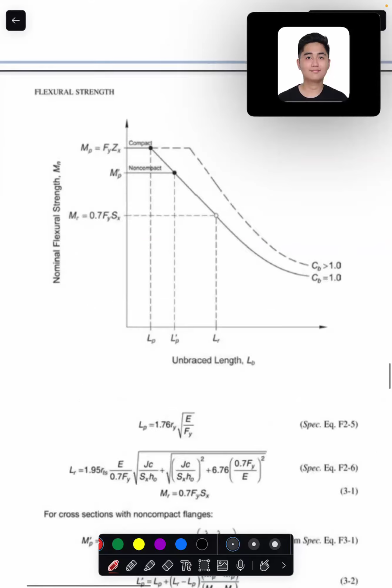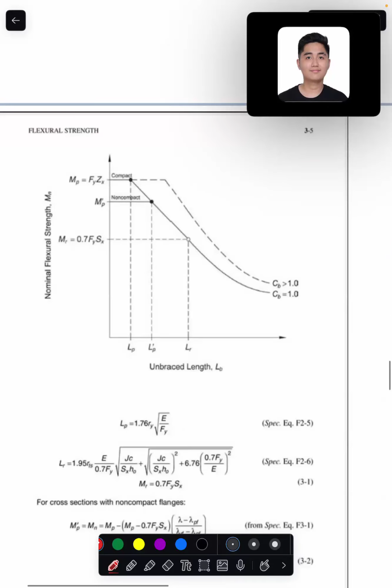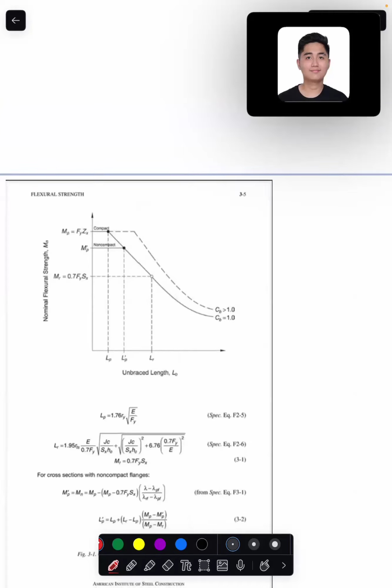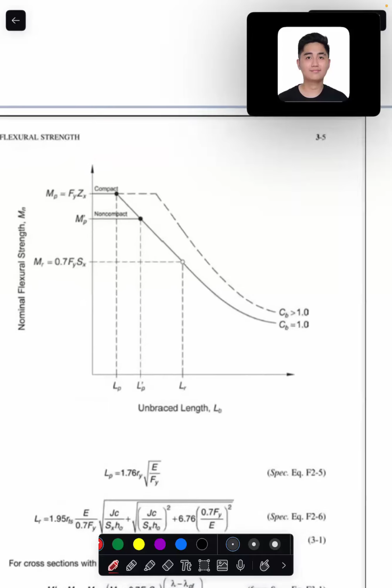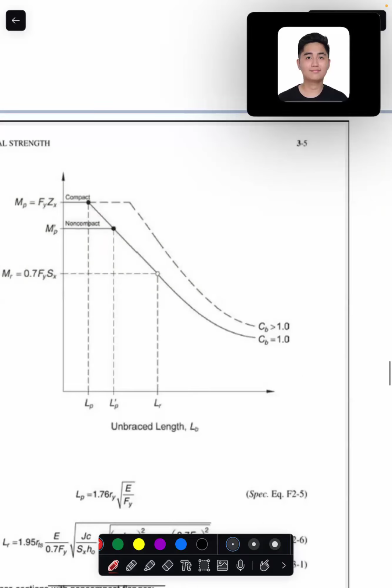So to recall, ito yung difference between compact, non-compact, and slender na cross-section. Kasi ito yung ginagawa ni C sub B. So si C sub B, take note, is always greater than 1. Never siya magiging less than 1. If nakakuha ka ng C sub B na less than 1, mali yung C sub B na compute mo. Ang implications kasi ni C sub B is